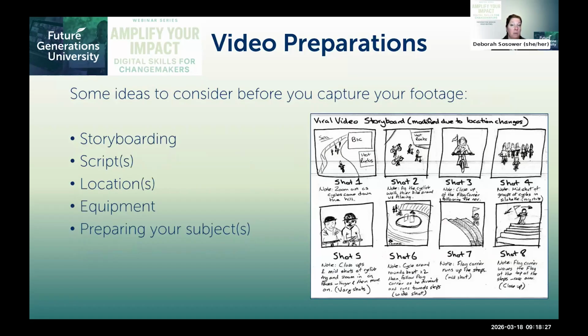So some of the ways you can prepare for a video production would be storyboarding. On the screen, you can see just a visual sketch of what storyboarding might look like. That's where you lay it out in your head and on paper. There's all sorts of apps that you can use. I think Canva might have an app that can help you storyboard. And you just lay out exactly the kinds of footage, images, and text that you would want to communicate a